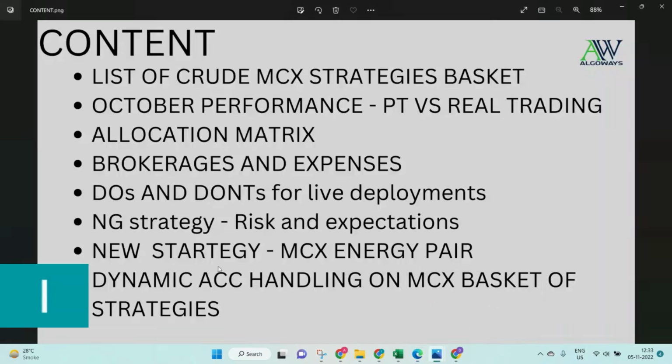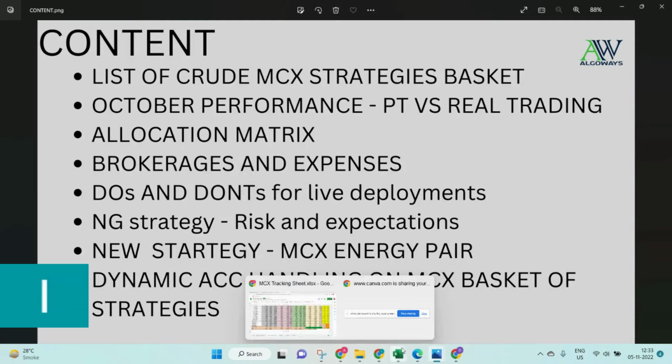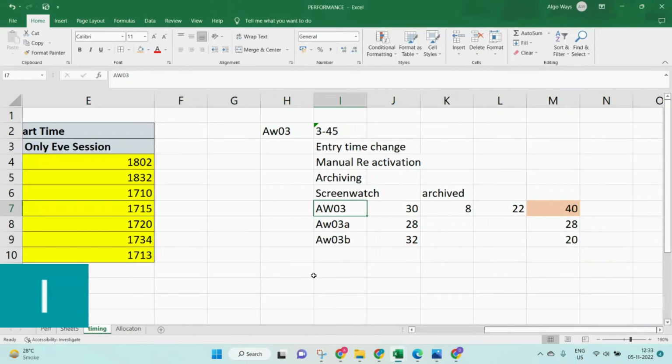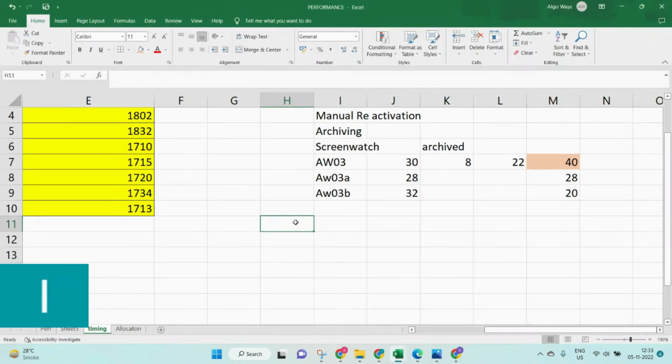Okay, the next point is a new strategy, which is the MCX energy pair. What is that? See, in CDS, I am doing a strategy on GBPINR and USDINR pair trading. This is a very unique concept which I have been doing manually since 2008. I tried this earlier also in MCX futures, but because futures moves were quite high, and the problem was that during 2008 to 10,